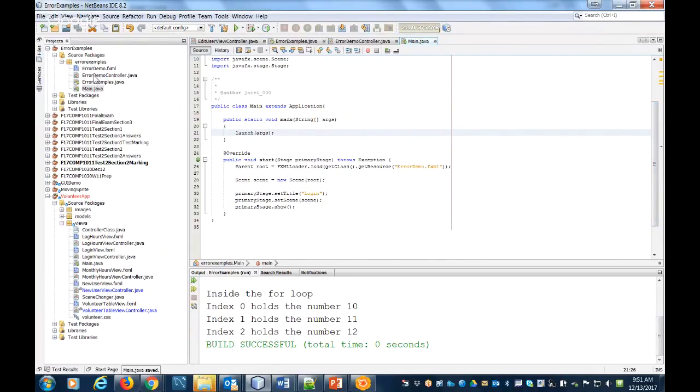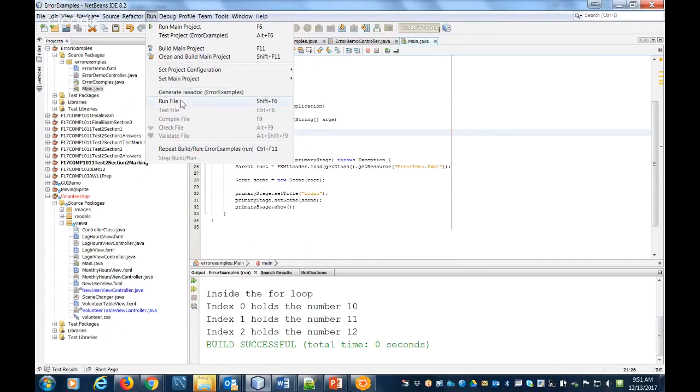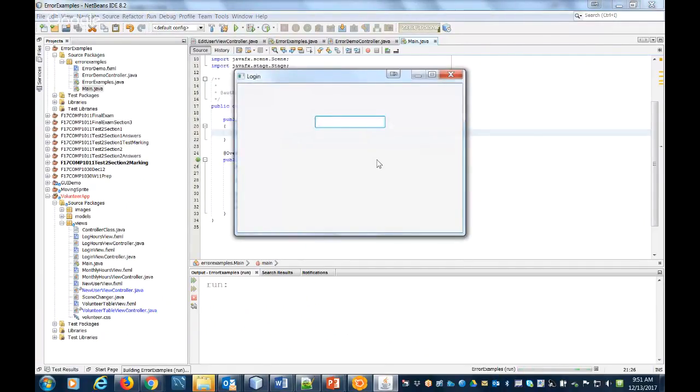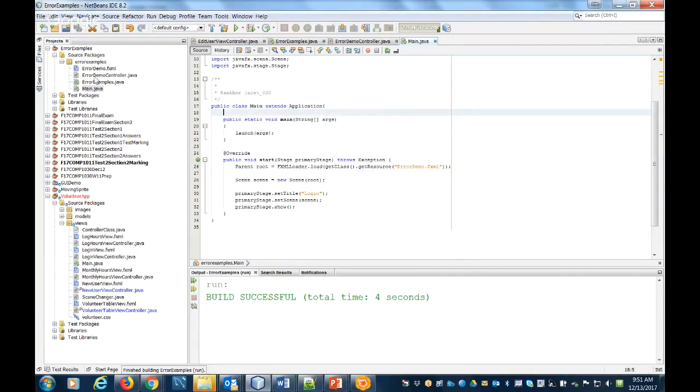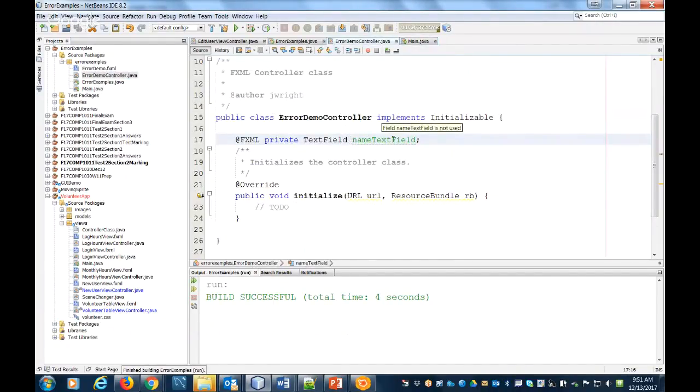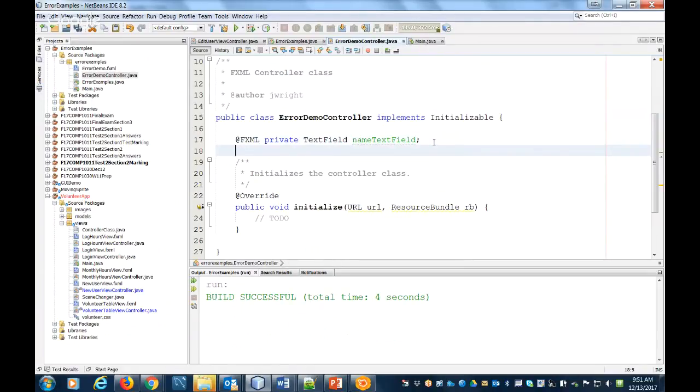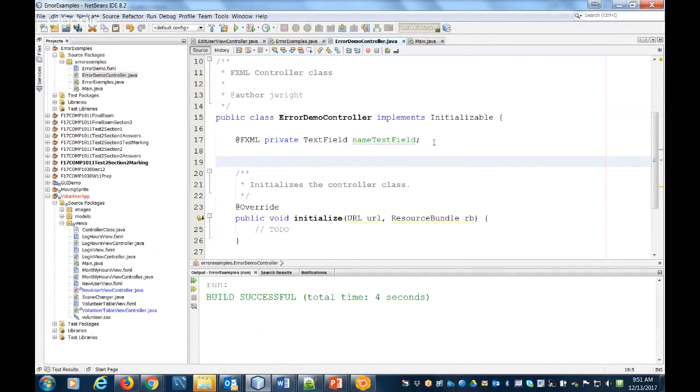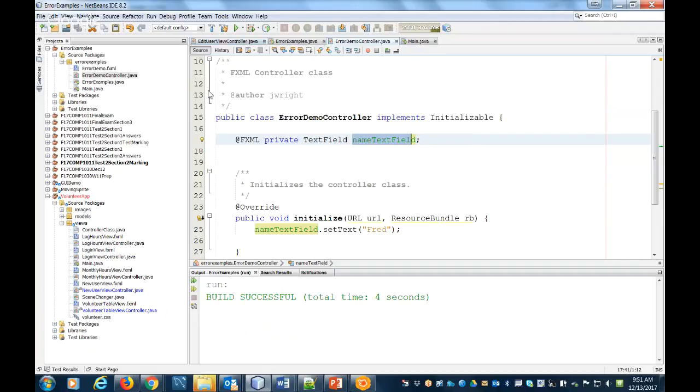So right now I don't have any syntax errors, but I'm going to get a runtime exception, or maybe I'm not. What's going on? Why didn't that blow up? Maybe because I haven't tried to access that. So let's, in our initialize method, we could say name text field set text to prep. Okay. So it all makes sense. It all looks good here in the sense that we've got an fx ID defined. We're using it to set the name, and